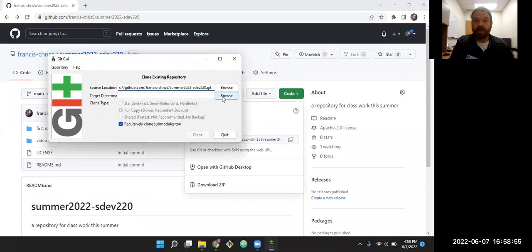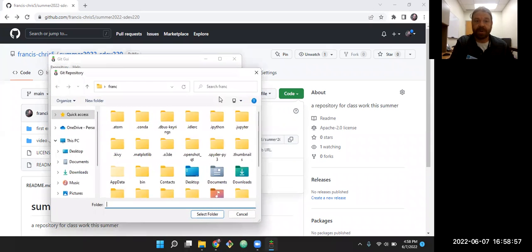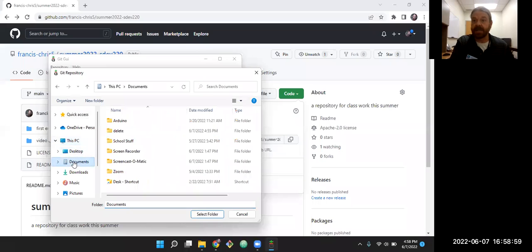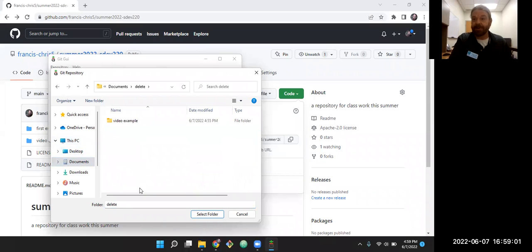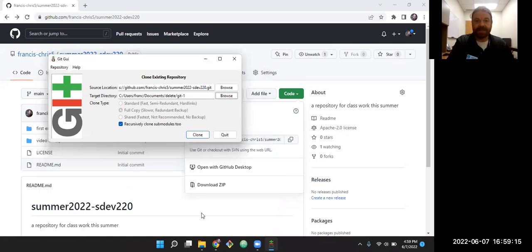And then where are we going to clone that to? You just browse to some place on your computer. I always keep a folder called delete for working with. I'll create a new folder called Git1. That'll work. And that's the, whoops. That's the folder where I want to put that. So when we hit clone,